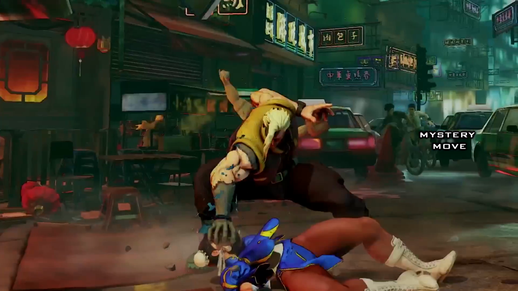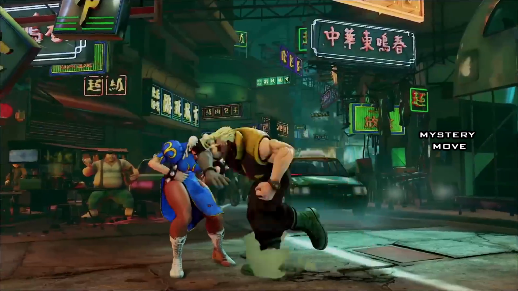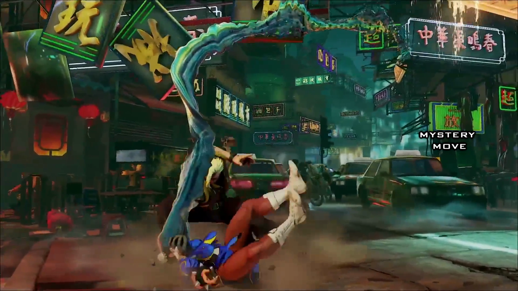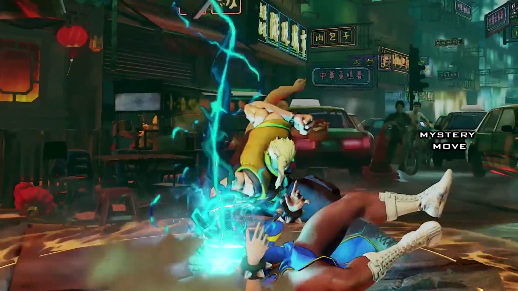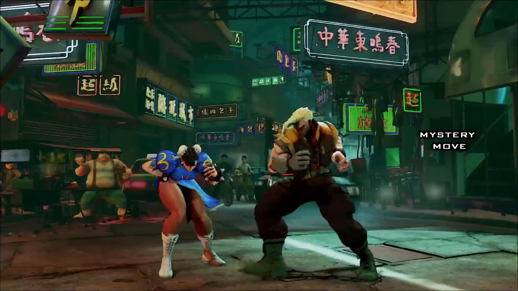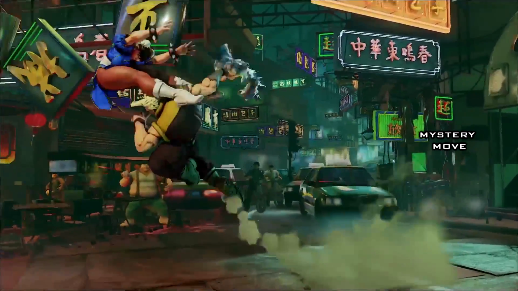Okay, so moving on to our next mystery move, and this kind of looks like Iori's running grab attack, but we don't know if Nash runs when he does this attack. We only see him combo into it at point blank range. Since he combos into it and Chun-Li doesn't go back to neutral, we know that it's not a throw,